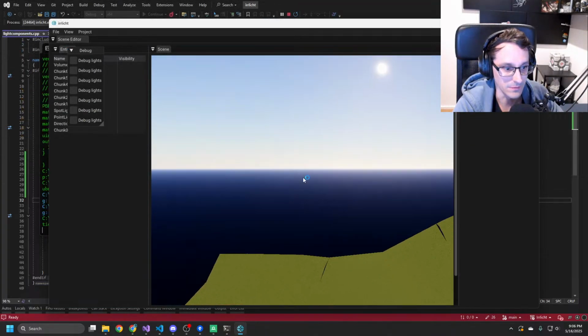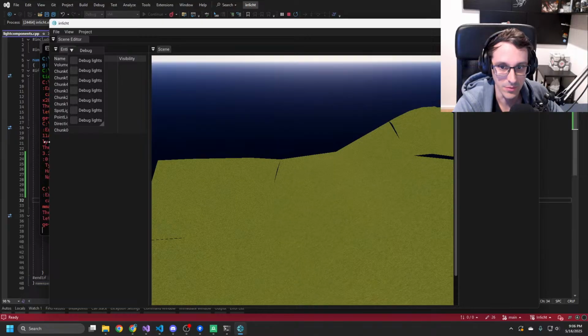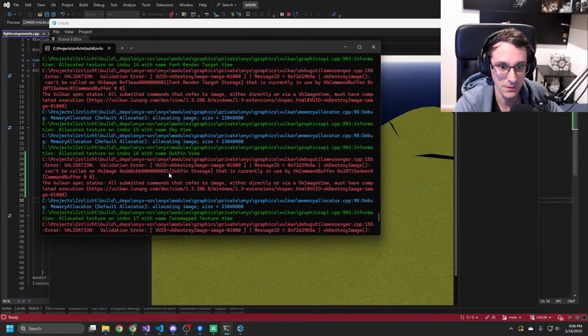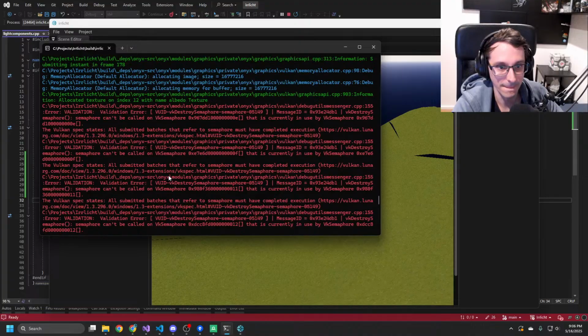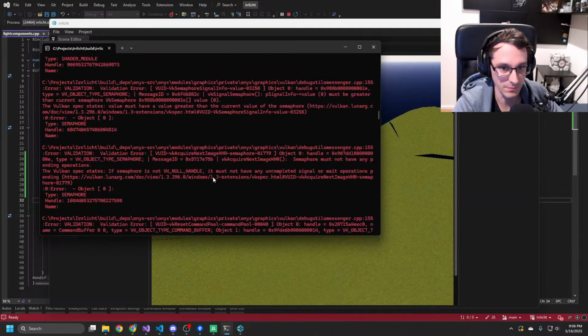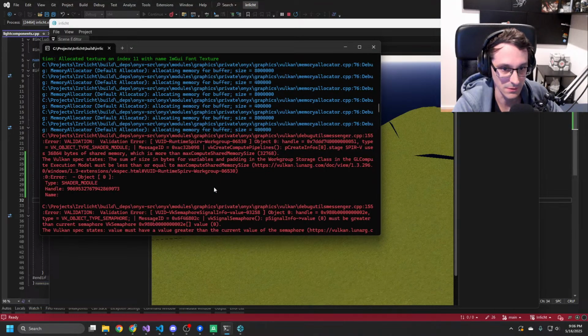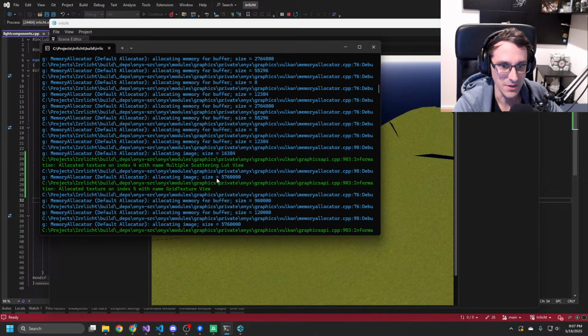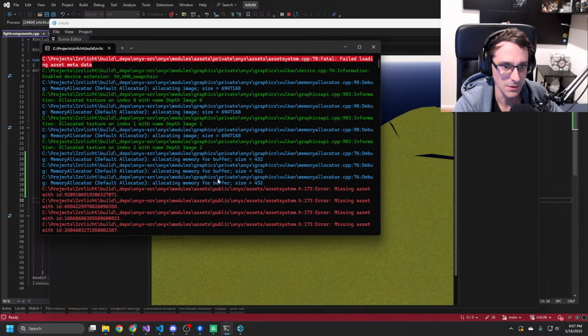Let's see if it even... Did we build? Probably not, right? Probably have a shader error because I most likely made a mistake somewhere. Ah. So maybe that's a problem?